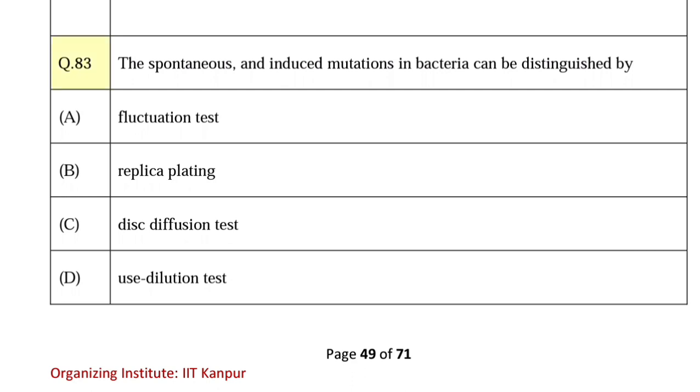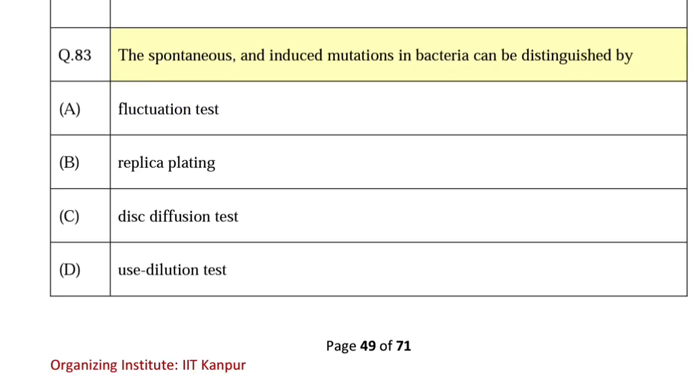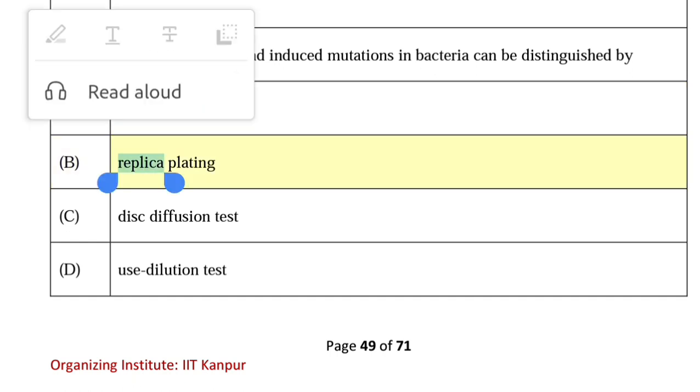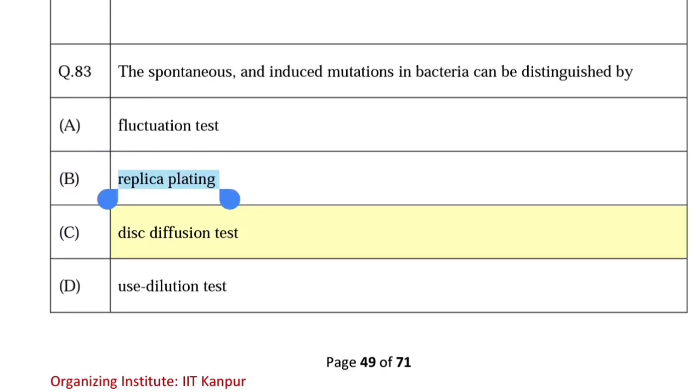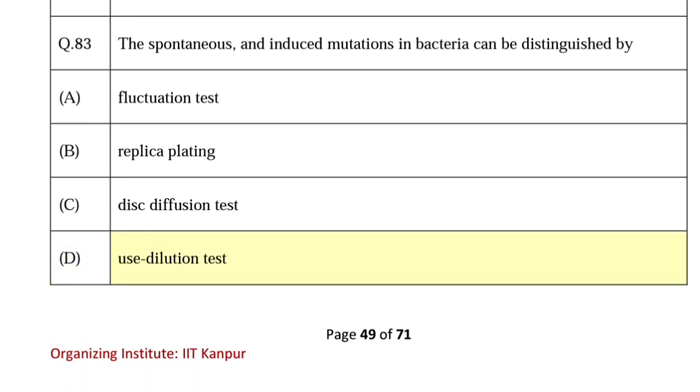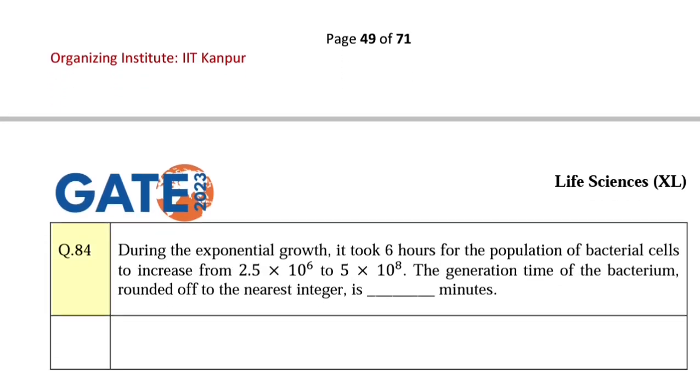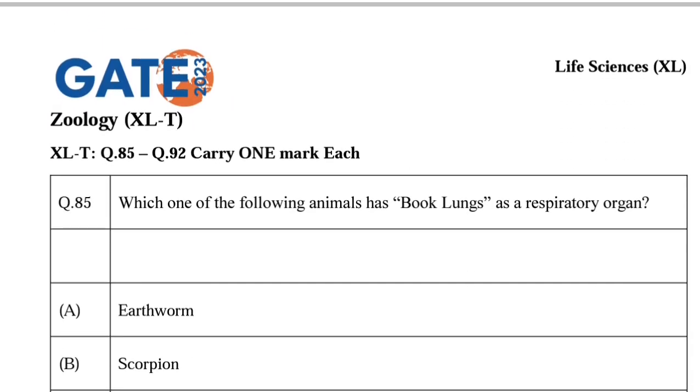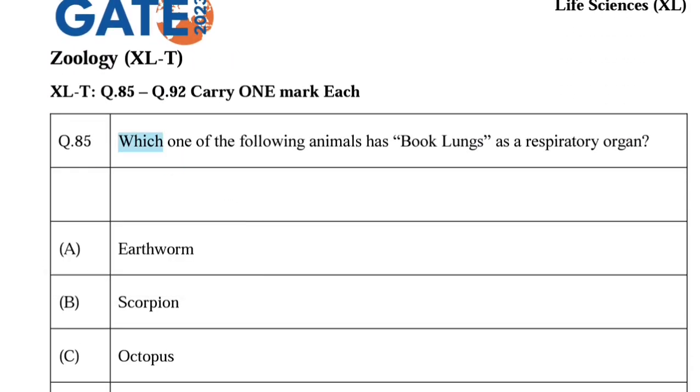Q.83. The spontaneous and induced mutations in bacteria can be distinguished by A. Fluctuation test. B. Replica plating. C. Disk diffusion test. D. Broth dilution test. Q.84. During the exponential growth, it took 6 hours for the population